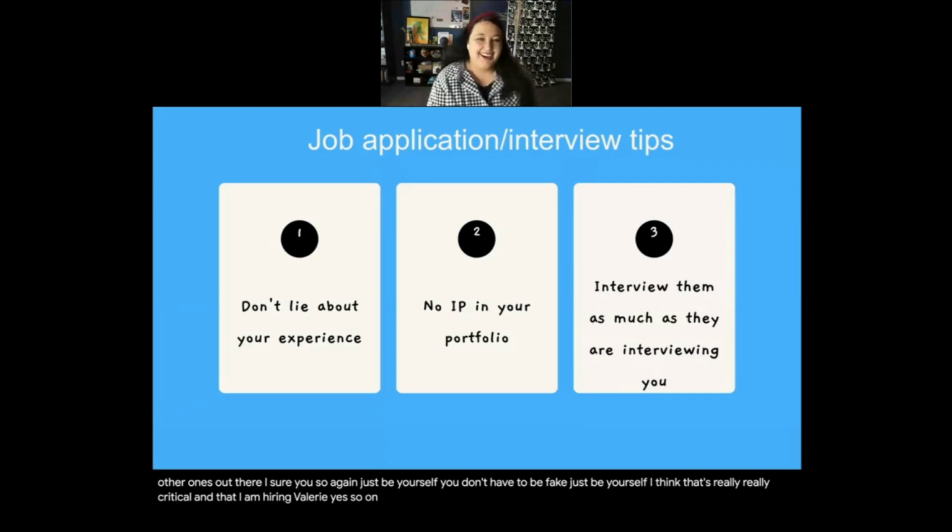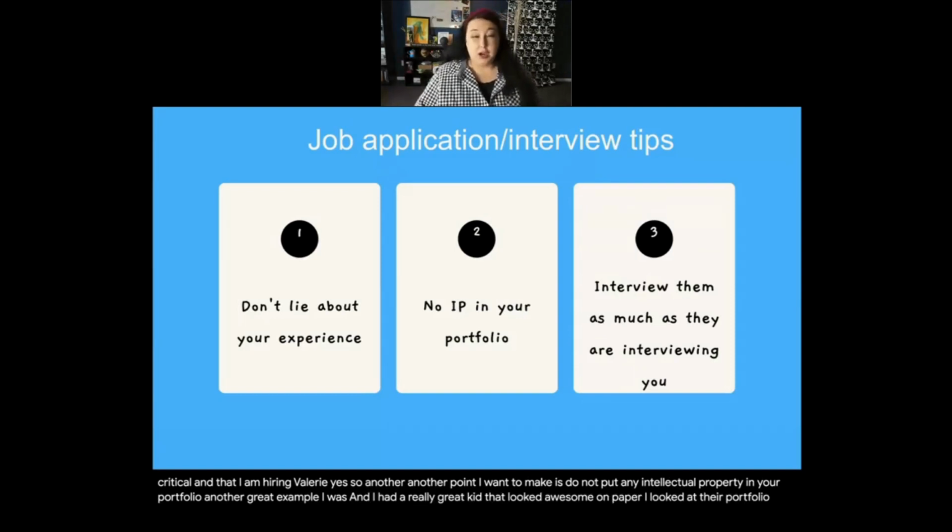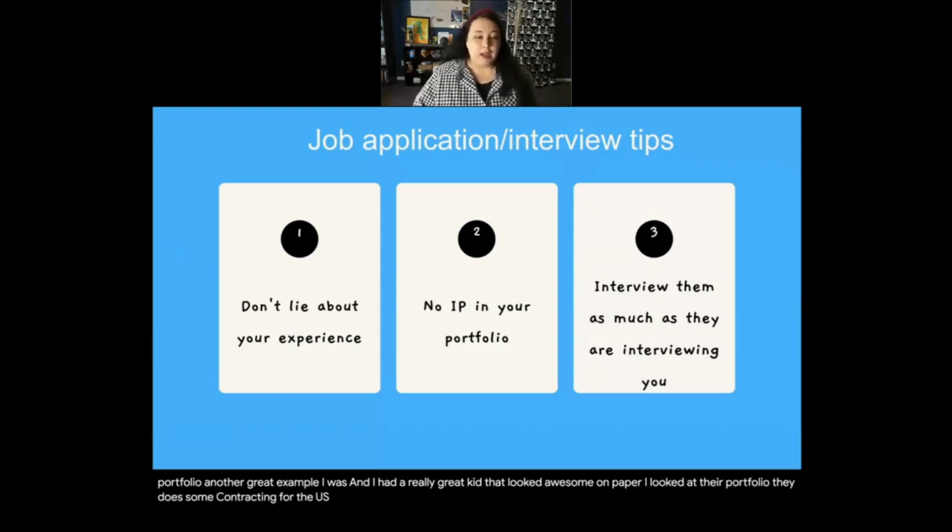So another point I want to make is do not put any intellectual property in your portfolio. Another great example, I was hiring for a position in my last role, and I had a really great candidate, looked awesome on paper. I looked at their portfolio. They did some contracting for the US military, and in their portfolio, I saw full plans for the jets that the military builds. I saw plans for the base it was, and it made me feel really gross